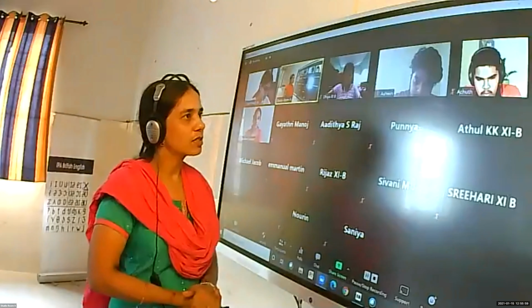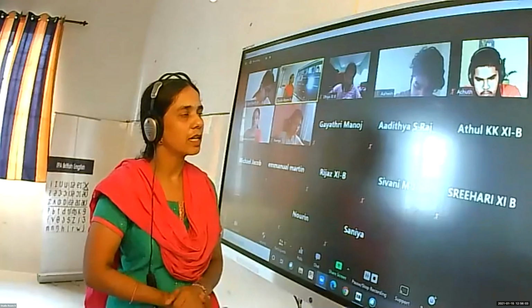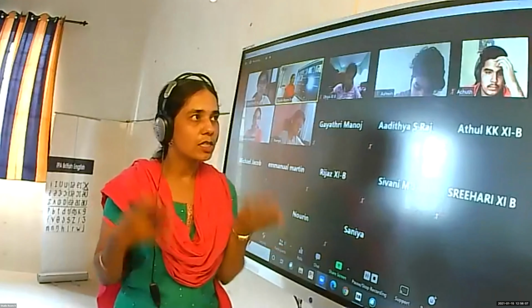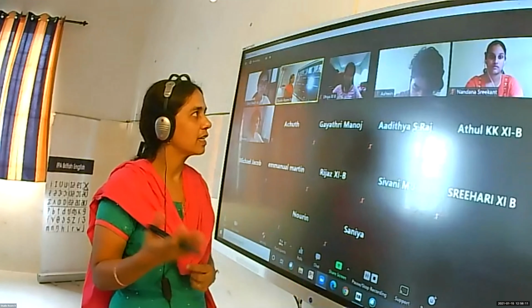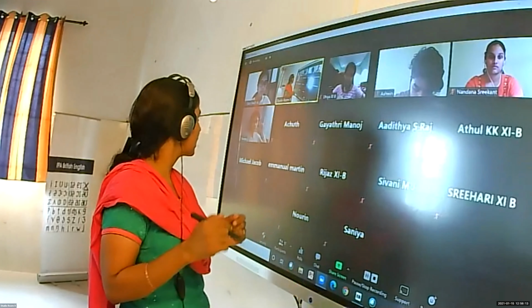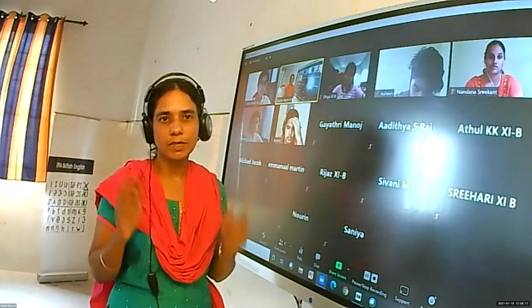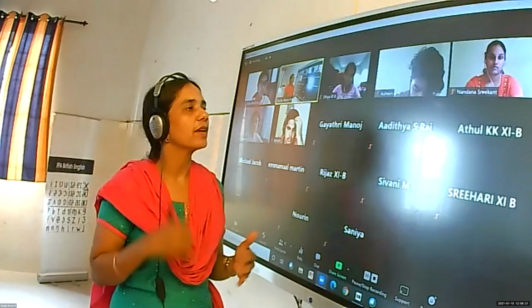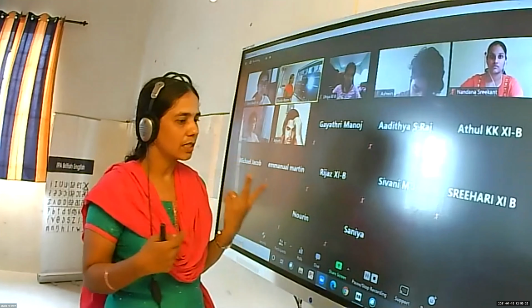The equation of the straight line in normal form is x cos omega plus y sin omega is equal to P. We will be given an equation in standard form, the general form. The general form of the equation of a line is ax plus by plus c is equal to 0, a linear equation. We have to compare this, and from this you can find out what omega is and what P is. Only 1 or 2 questions are there in this method.